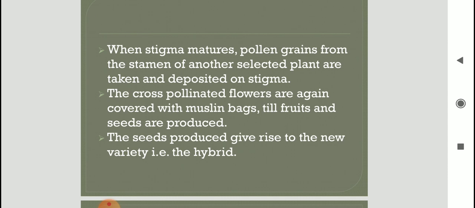Okay, so what is done? Normal pollination is happening here also, but human intervention is there, where you have selected the two plant varieties and you have made them pollinate. For the reproductive parts, you have covered the pistil, you have removed the stamen, and you have introduced the pollens from the other selected plant. So human intervention is there, otherwise the process of pollination and fertilization is happening. Okay, and the seed that is obtained, you allow it to germinate. The new plant that is obtained is a hybrid.